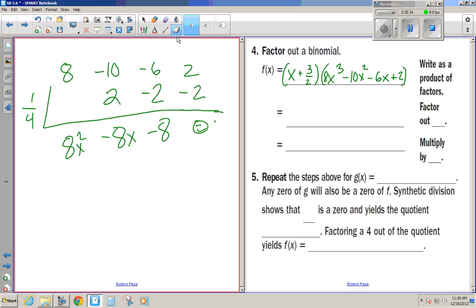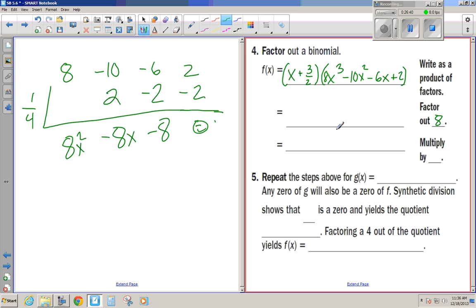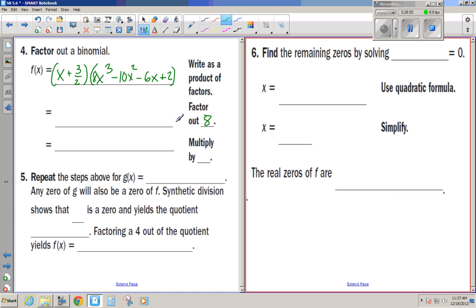So let's put in here, I guess, factor out an 8. I'm not sure how you want to fill this out. But we're going to repeat. We repeated the steps to figure out the zeros so far, and find the remaining zeros. We have the zeros of 1/4 and negative 3/2, and it gives us the equation